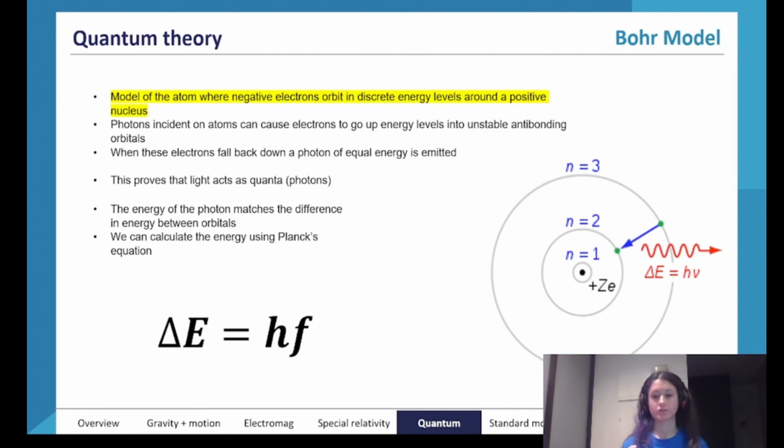The electrons are going to have a certain amount of kinetic energy, and the orbital ring that the electron is going to be in depends on that energy. So if it has more energy, then it's going to be closer to the outside of the atom, but if it has less energy, then it's going to be closer to the inside. However, an electron cannot be in between energy states, right? It can never be on 1.5. It can either be on one or the other. It can never be in between.